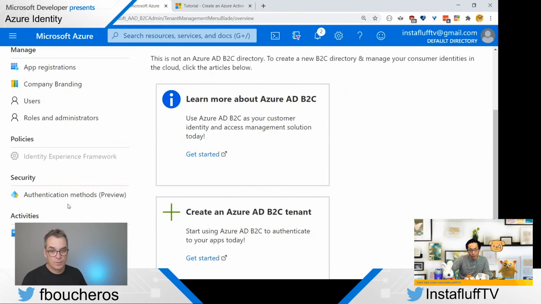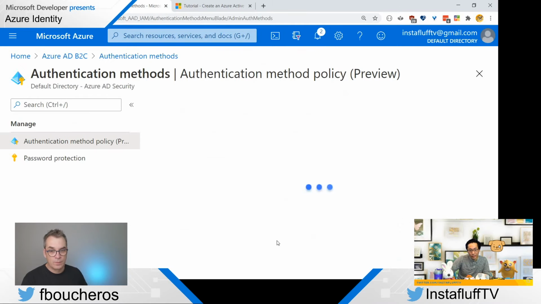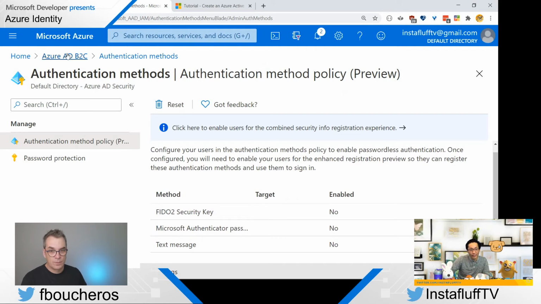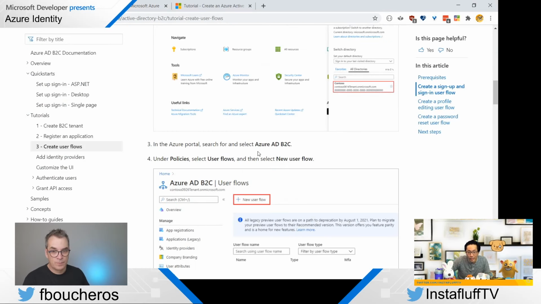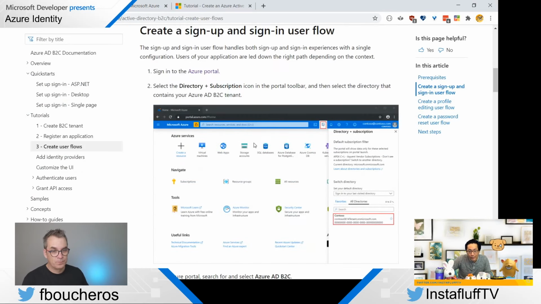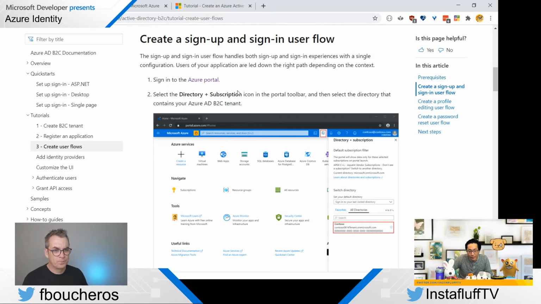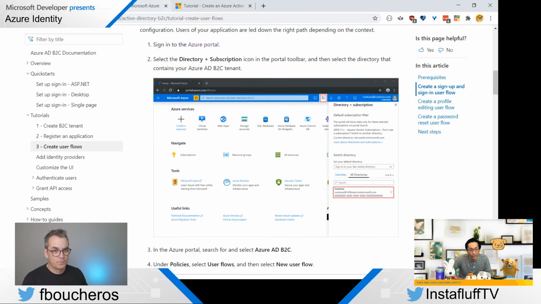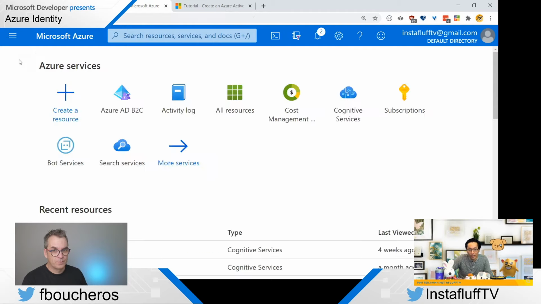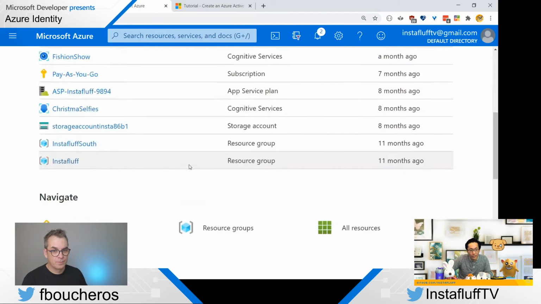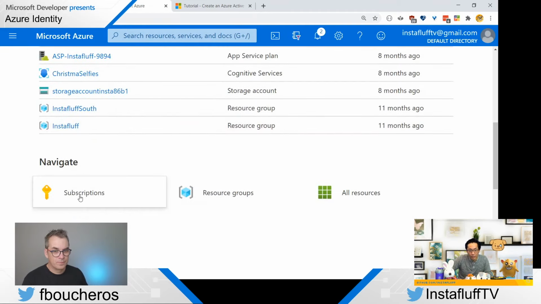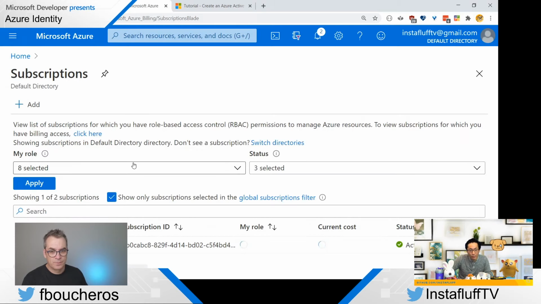Authentication methods preview. Oh no, that's not it. It was in the user flows. Directory plus subscription icon. That is in the Azure services. Oh, and here. In the Azure services, and then the subscriptions, directory and subscriptions.